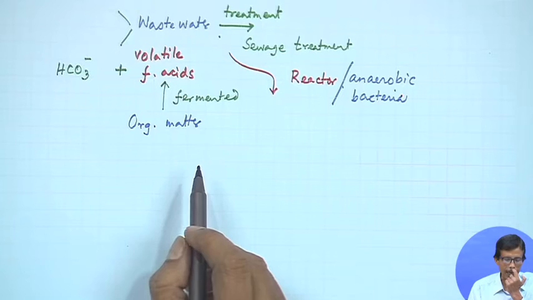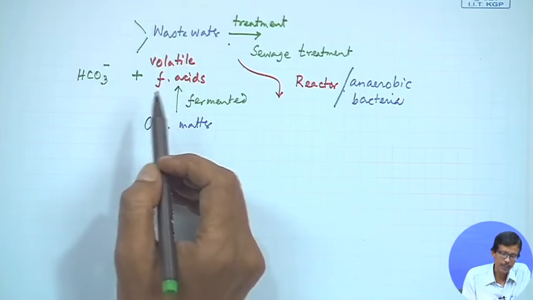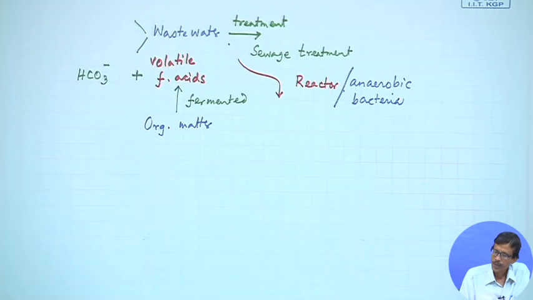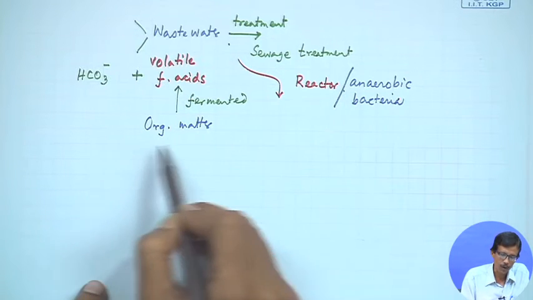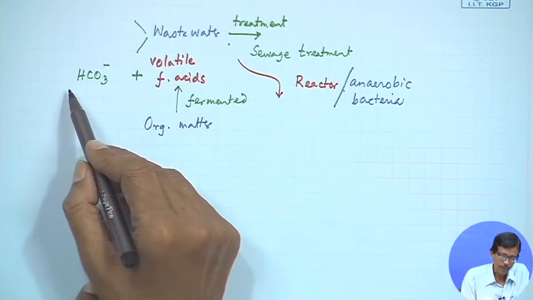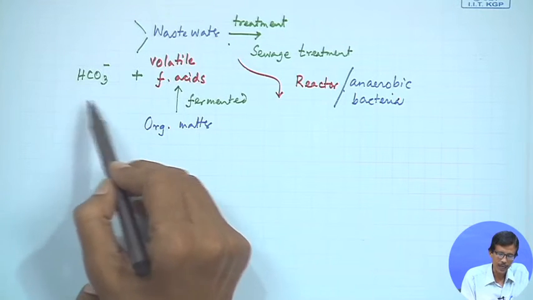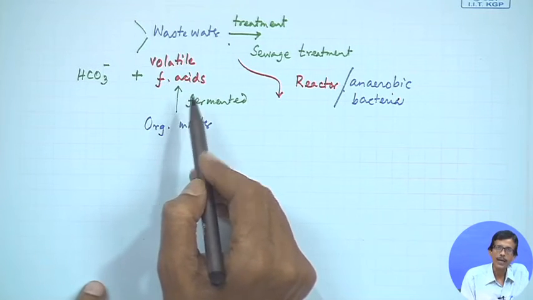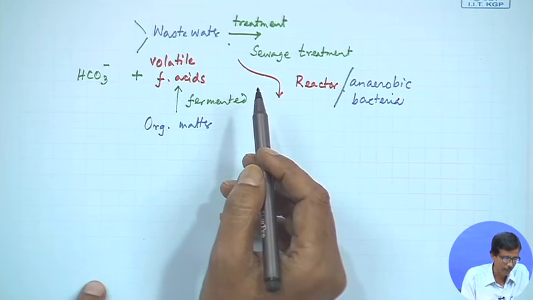If the medium is alkaline, we all know that an alkaline medium can consume carbon dioxide, giving bicarbonate anions. So, how to determine these two things together? In a continuous process, if we go for the degradation of this organic stuff, in this medium you can have both the carbonic acid anion, that means the bicarbonate anion, and the corresponding volatile fatty acids, and these fatty acids can build up in the medium.